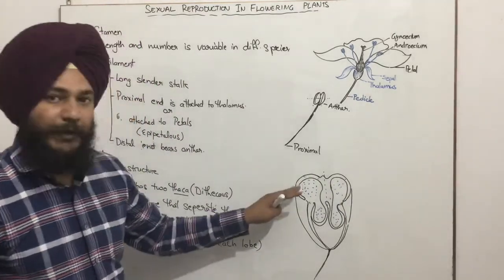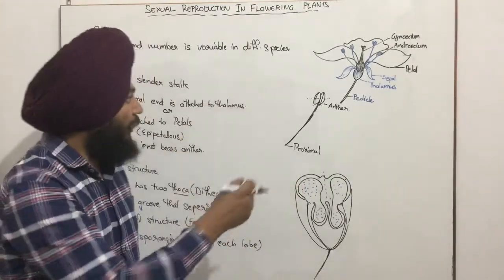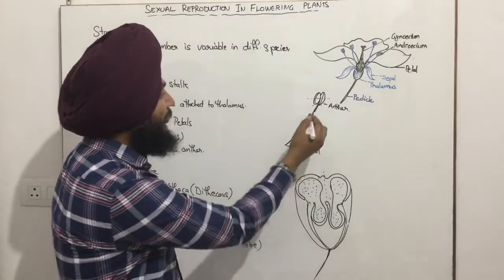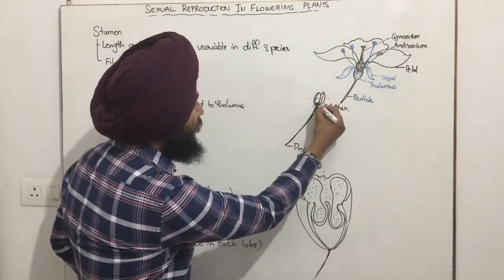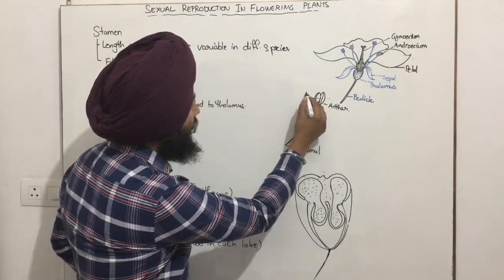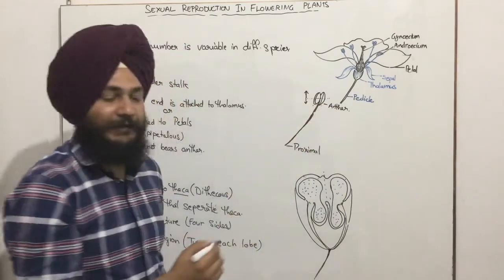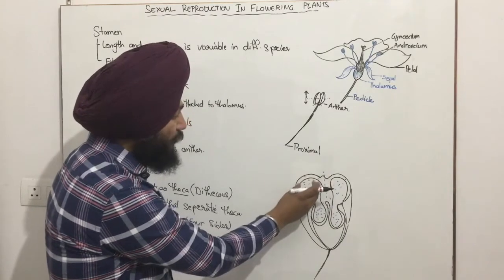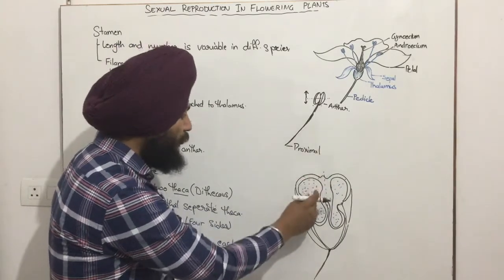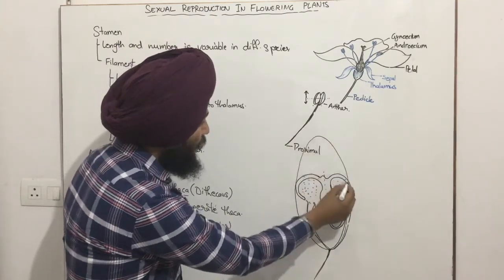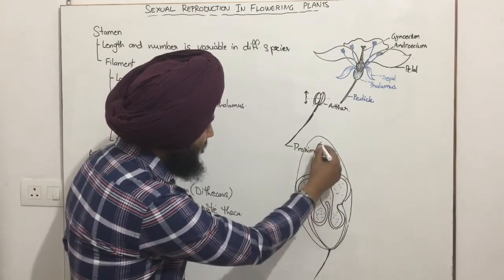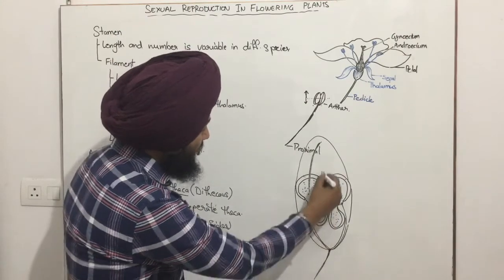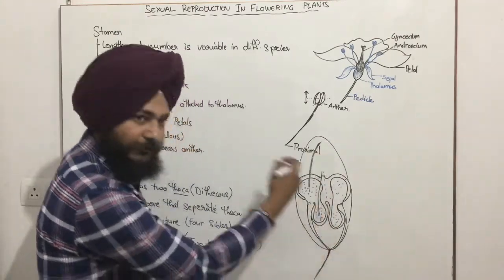And these microsporangia also run along the whole length of the anther, okay. Like we have said that here we have the longitudinal groove that runs around the whole length of the anther. In the same way, the microsporangia also run along the complete length of the anther. So this will be the first microsporangium, then there will be the second along the whole length of the anther.